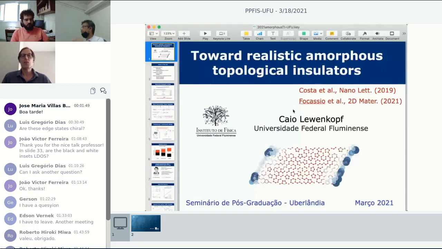And we are trying to make sense of realistic modeling of amorphous topological insulators. So the title has many words here, so I'll try to define the meaning of these words while we move along. And also I'll situate what the challenges in the field are, and then see how we go.